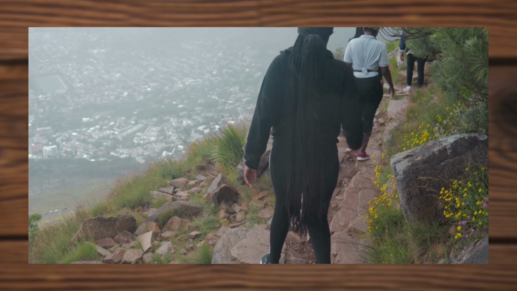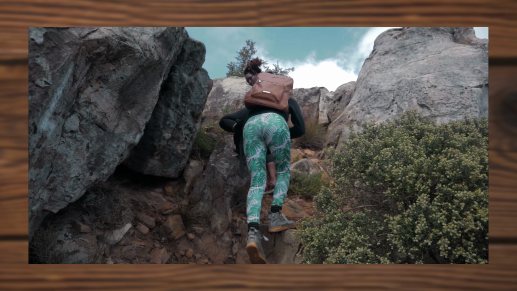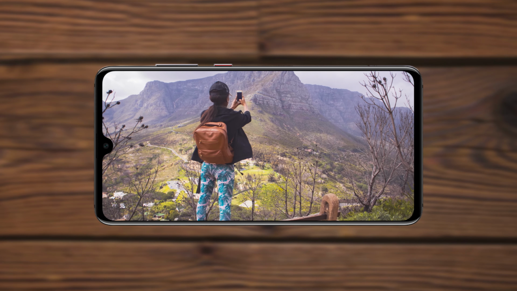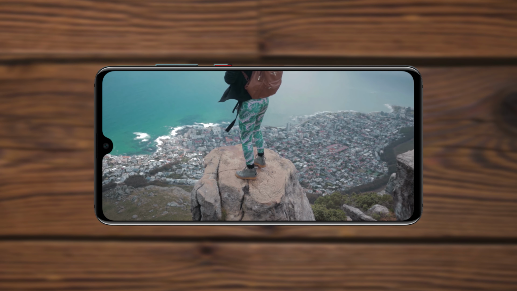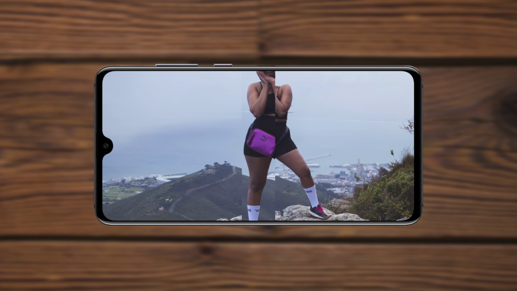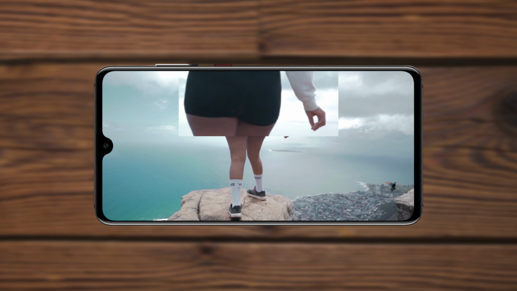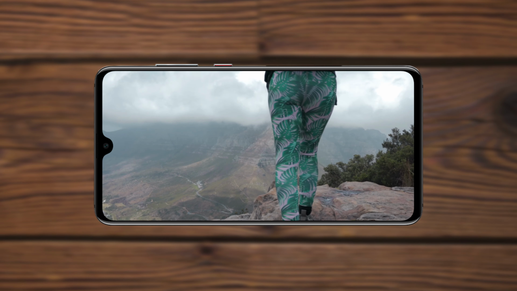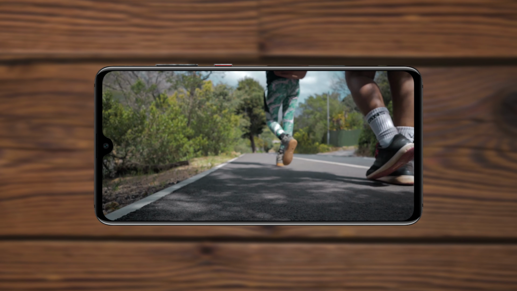It starts with filming or shooting. You have to shoot for the edit so that the editing process is much easier. They're just going to be quick shots that I'm going to be showcasing to you guys. Then I'm going to be showing you the editing process of that. For people who want to know, it's going to be much easier to follow along. So yeah, let's get right into it and have some fun.